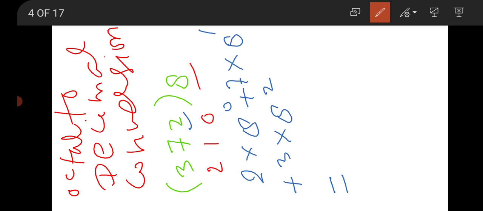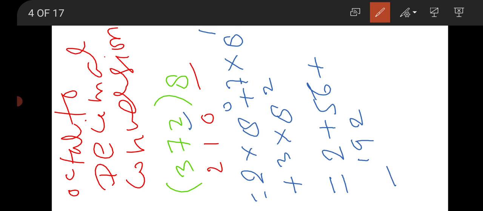Now we are going to perform the calculation. 8 to the power 0 means 1, and 1 times 2 gives 2. 2 plus 7 times 8 to the power 1, 8 sevens are 56. 56 plus 8 to the power 2 is 64, and 3 times 64, we have to write 3 times 64. Now we have to calculate 3 times 64: 3 fours are 12, 3 sixes are 18, and 1 makes 19, so 192.